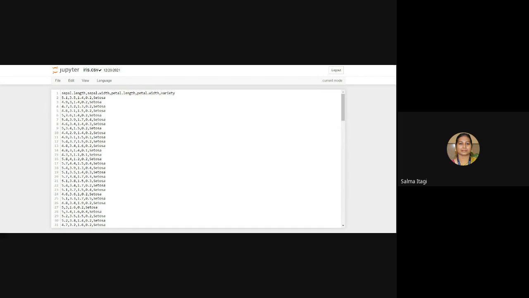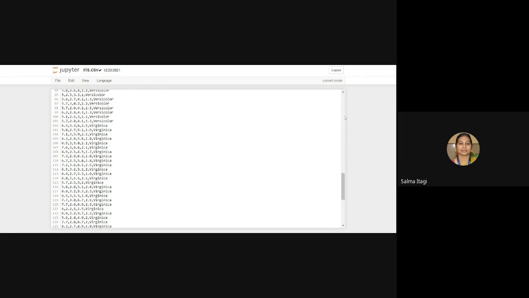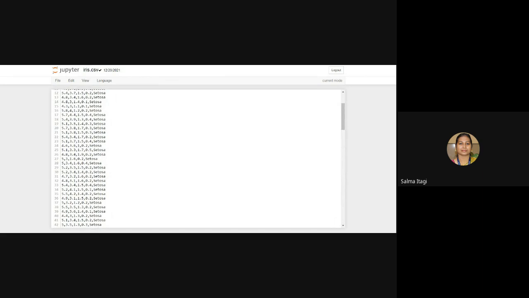The last is the target function or the label, the variety. The iris data set is a flower species classification which has 3 flower species: Setosa, Virginica, and Versicolor. We have 150 tuples, that is 150 rows in the data set. There are 150 rows, including the header it became 151. Virginica is one class, Versicolor is the second, and the first classification is Setosa.